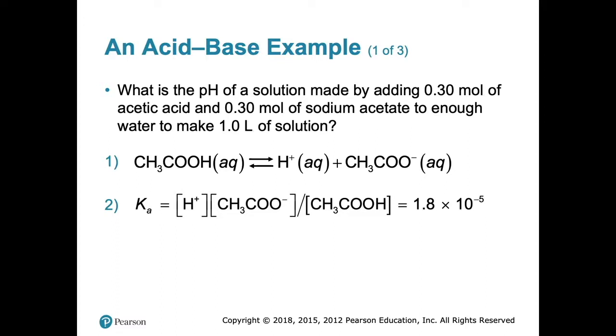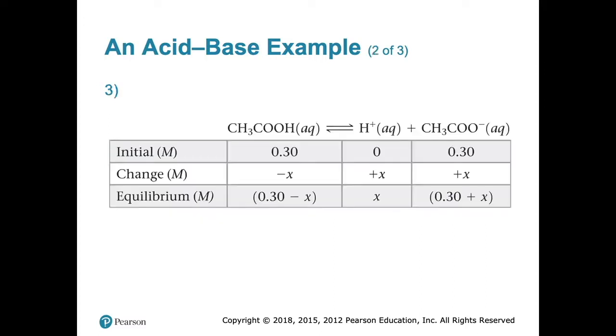So again, we have our acetic acid right here, and then we have our protons, our H3O hydronium ions, and then we have our acetate. And remember that the Ka equals the products, which in this case are the protons and the acetate ion, divided by the concentration of the acetic acid itself. And we already know from a chart that the Ka of acetic acid is 1.8 times 10 to the negative 5, so all that stuff you already know. So here's the new stuff right here.